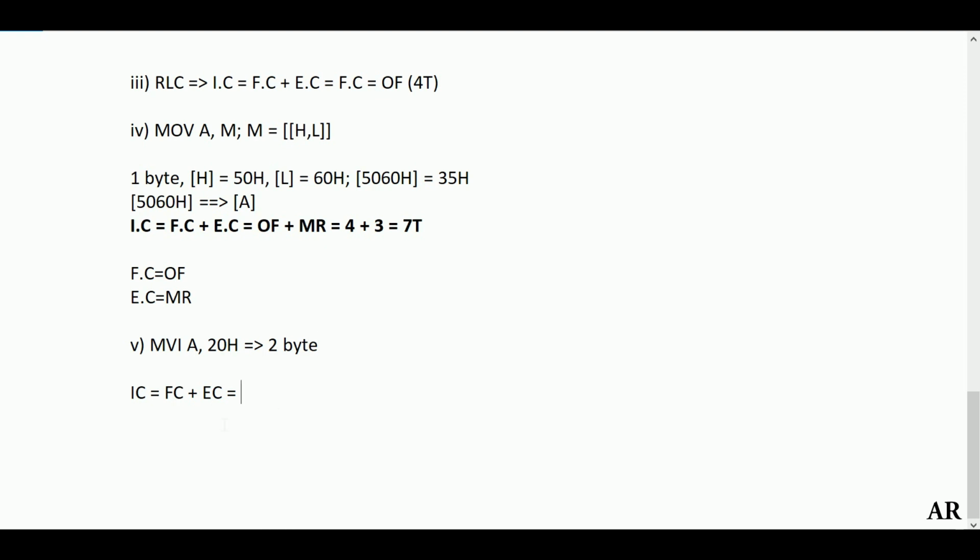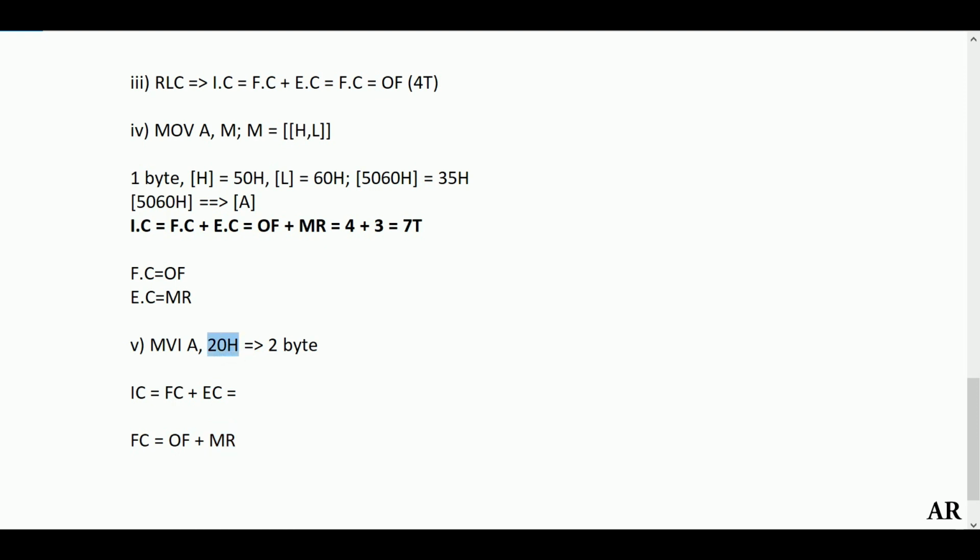If it is 2 bytes, what will be your fetch cycle? First it will fetch this part, that is MVI A, because it will be converted into a hex opcode. So that is opcode fetch plus, now here we have one data as an operand, 20H. 20H will take 1 byte, which will be stored in a memory location. So this will take one more memory read operation. After that, we have to execute it. Once you perform the memory read operation, this 20H data has gone inside the microprocessor.